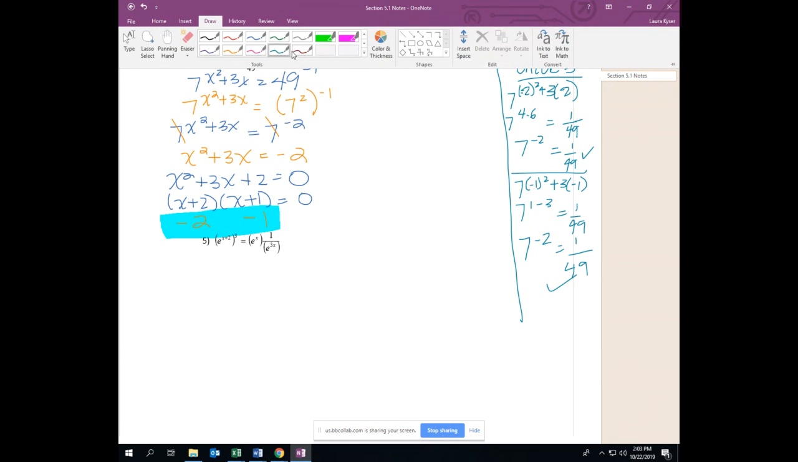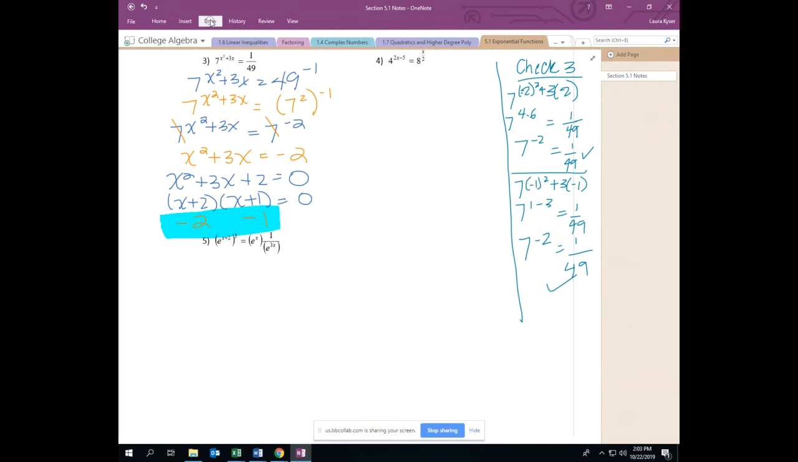Let's look at number 4. So number 4 is dealing with 8s and 4s. No fraction bases, so that's good. We don't have to rewrite. But we cannot write 8 as a power of 4. So we're not going to be able to use 4 as our base. Instead, we will rewrite both of them as 2 to a power. So 4 is going to be 2 squared